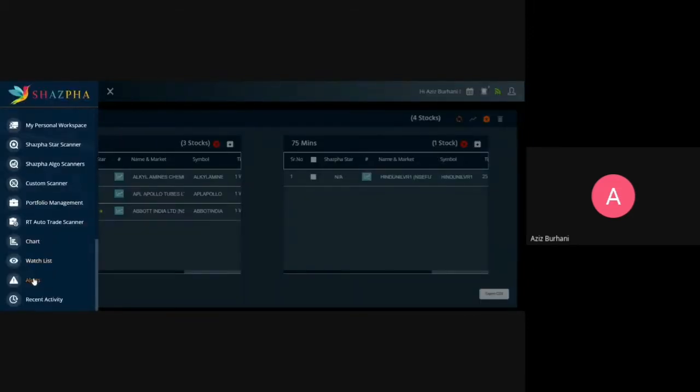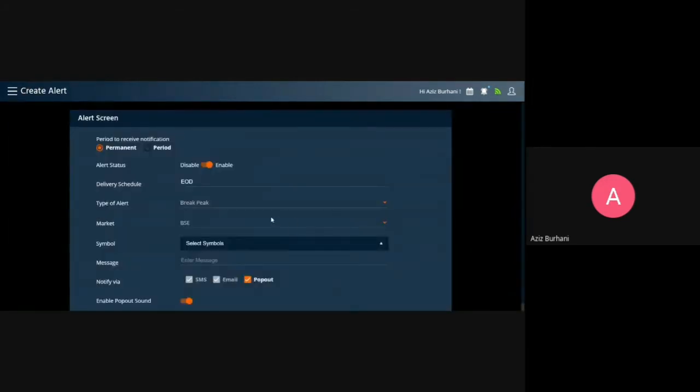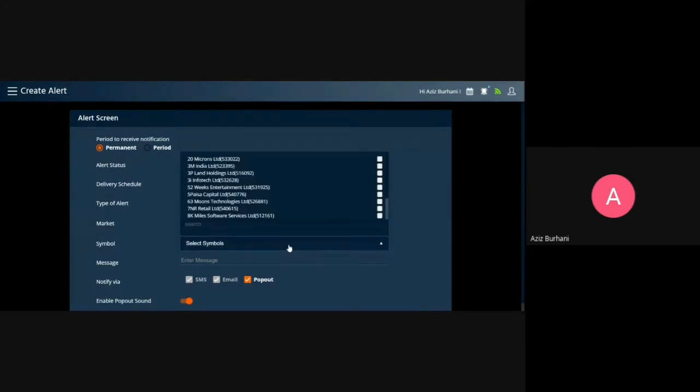We have an alerts option now. Alerts is currently a work in progress, but you have alerts nonetheless. And alerts are currently only in end of day. So let's say you add an alert, and you want to see break peak, and you want to see how many stocks have broken peak in BSE today or yesterday, or maybe they will break peak tomorrow. So you select the market BSE, okay, and you select the symbol, say, I want to see a break peak in, let's say, Hind Unilever,